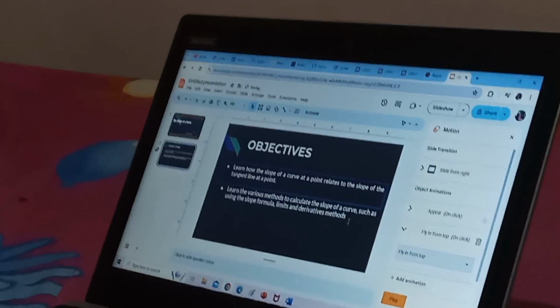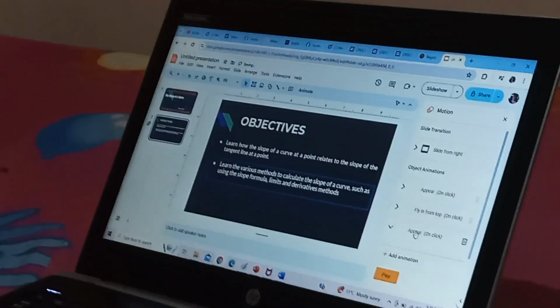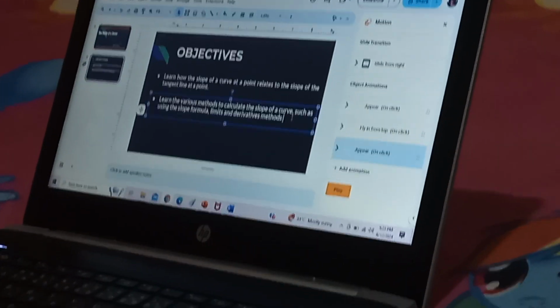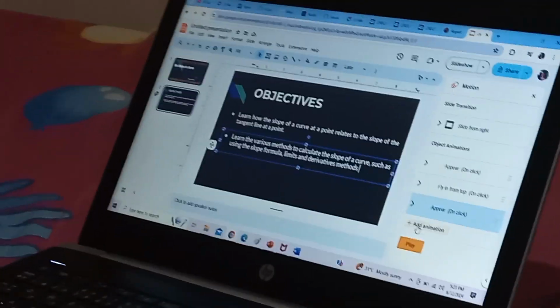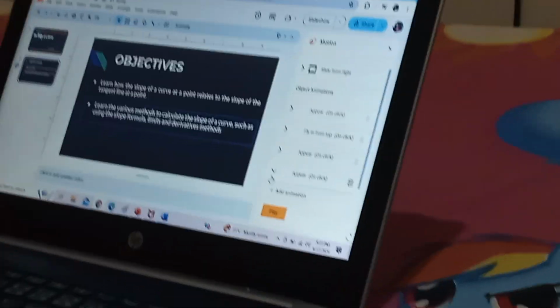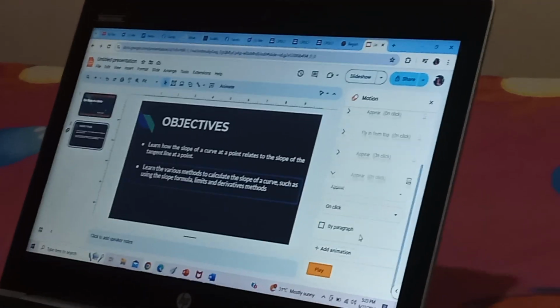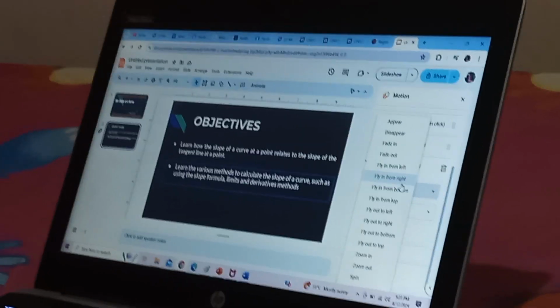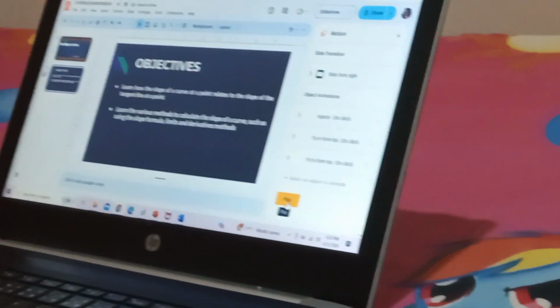Then click the text box, add animation, fly from top, then delete this one. Okay, then you have to play to check if it is good.